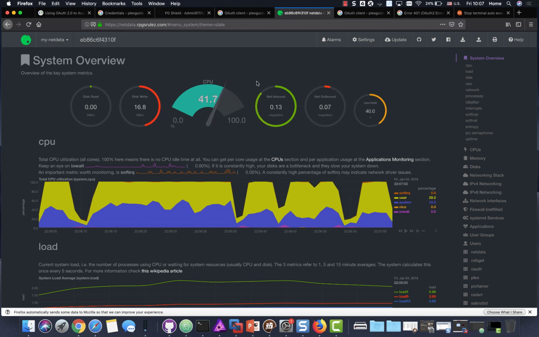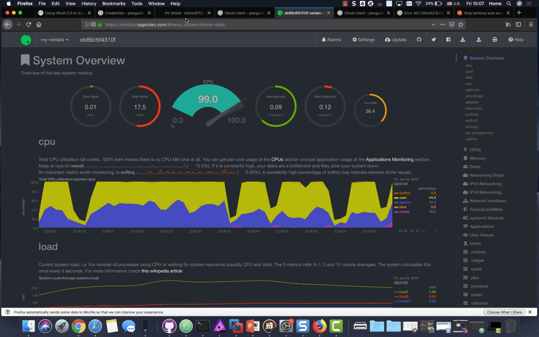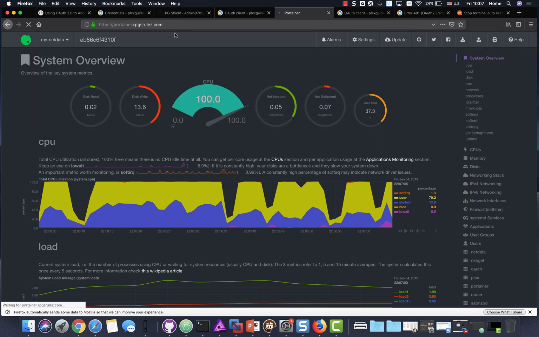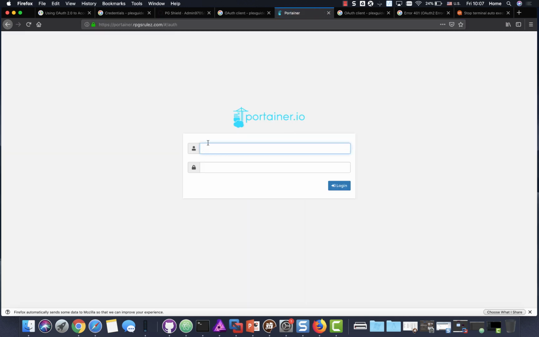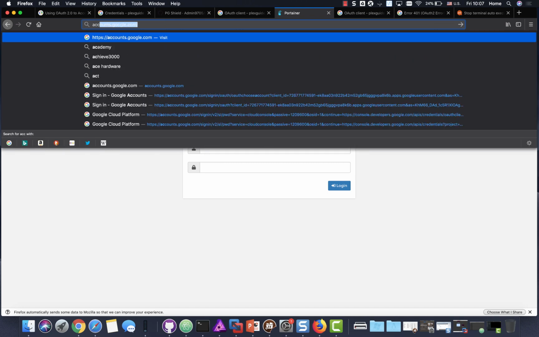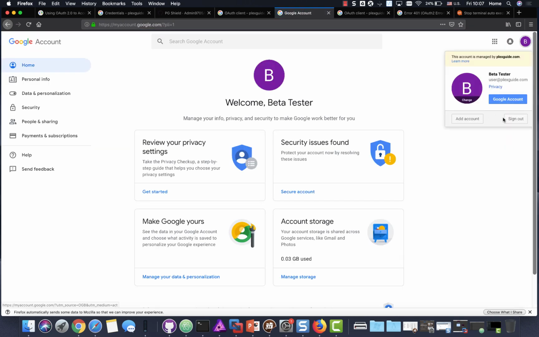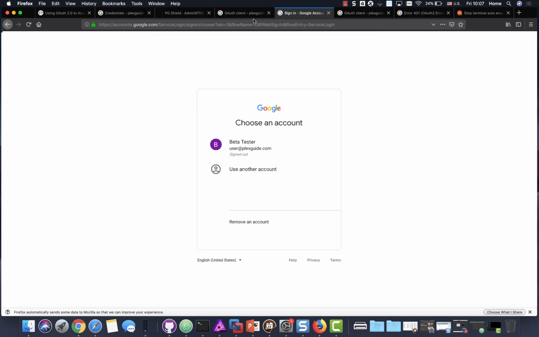If you sign up with any other account, it won't work. And then the good thing is if I go to Portainer now, it will automatically work. See? Why? Because I'm already signed in. You understand what I'm saying? So if I sign out, let's see, if I go to accounts.google.com, so if I sign out, and then I try this again,